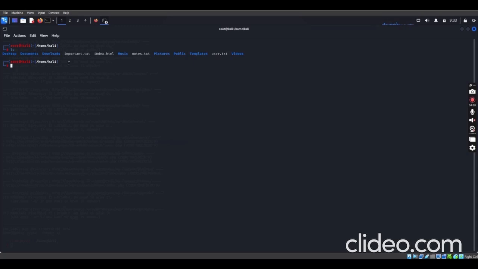So let's see if we can use the files we have gotten from the server to brute force and get the username and password. I can use this particular tool to do so.